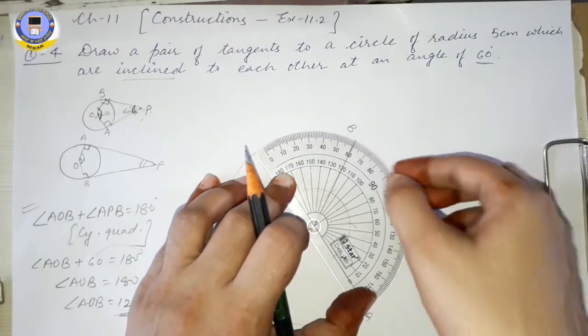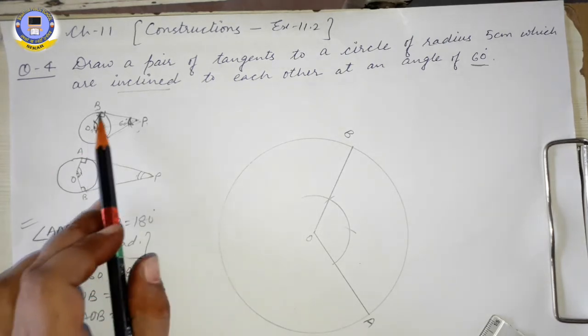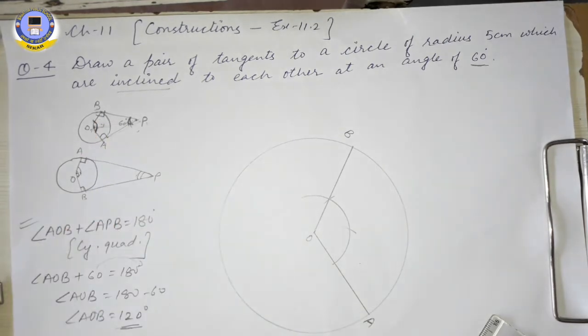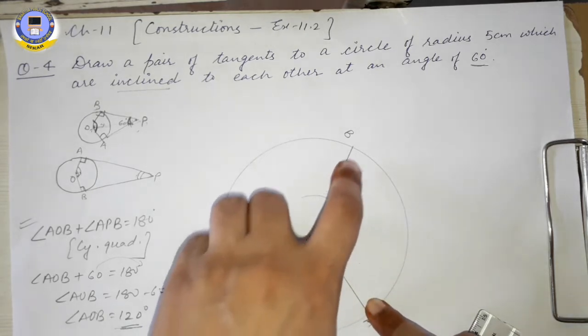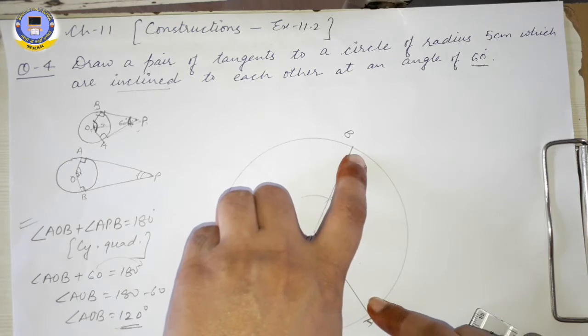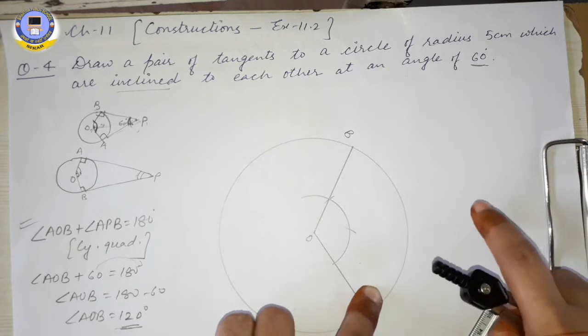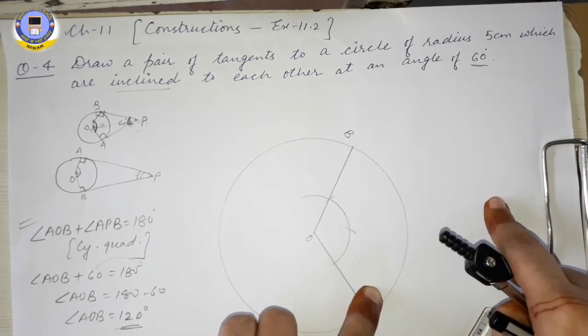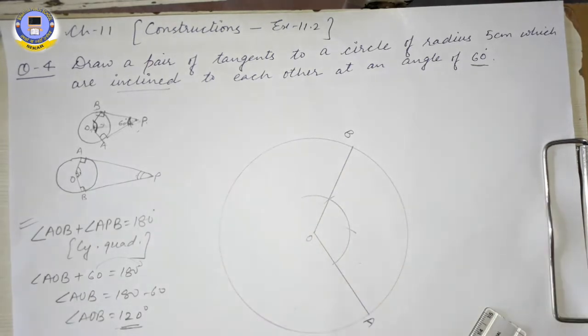Now at point A and B, we must form an angle of 90 degree with the help of the tangent radius theorem. So at A we will make an angle of 90 degree and at B also we will make an angle of 90 degree. Now use your mind, class 10. This angle is 120. Here we will make an angle of 90. At B also we will make an angle of 90. So in a quadrilateral, if three angles we have framed properly, then obviously the fourth angle which we will get here will automatically be 60 degree. If these angles are correct, then that will come out correct by itself.